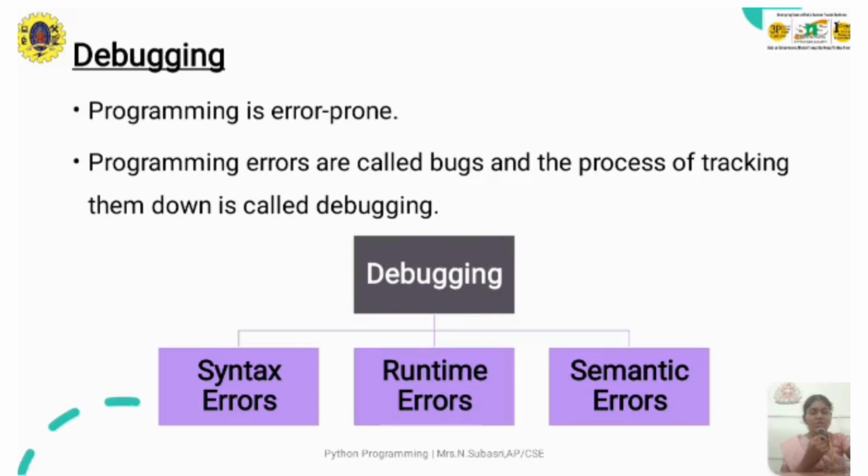If it is a compiler, it will take a sequence of code and execute it, and it will find out which particular line the error is present in. After that, we clear the error, the code is converted into object code, and again the data will be processed. In debugging, programming is said to be error prone,